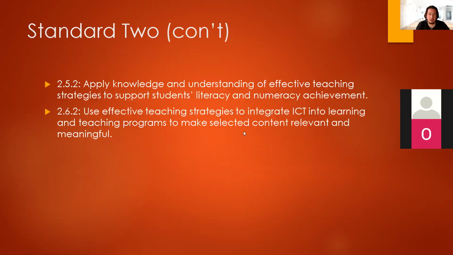Then 2.5.2, apply knowledge and understanding of effective teaching strategies to support students' literacy and numeracy achievements. Just a point on that, NAPLAN evidence does not count. I've seen some people put their hand up and say, not that we're meant to be doing it, but we're doing some NAPLAN prep in preparation for upcoming NAPLAN, and it should be made clear that that's not actually